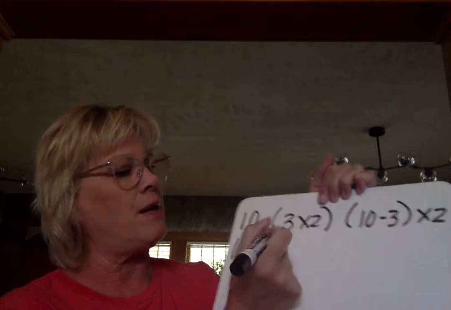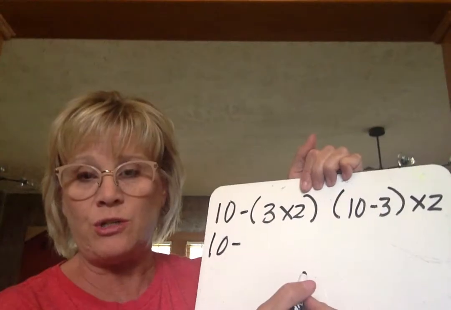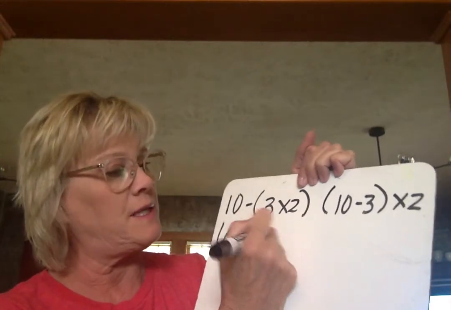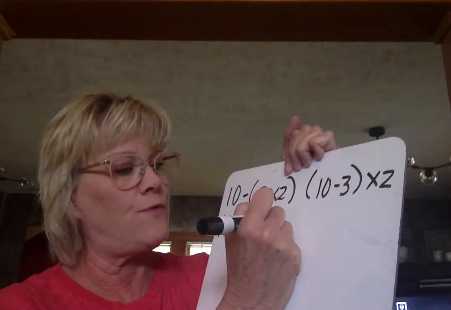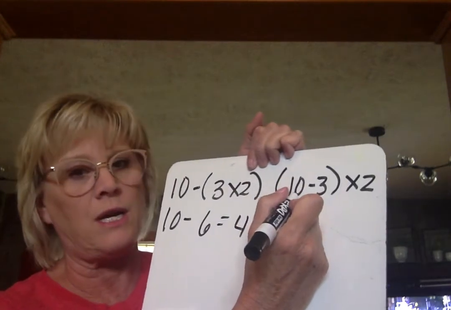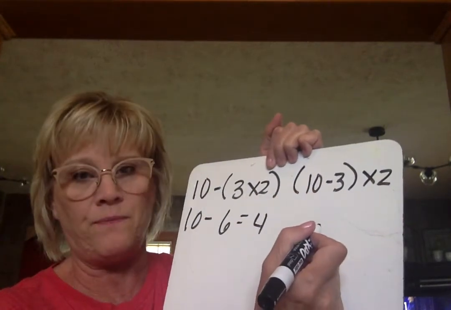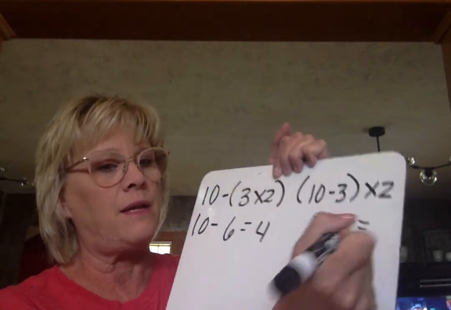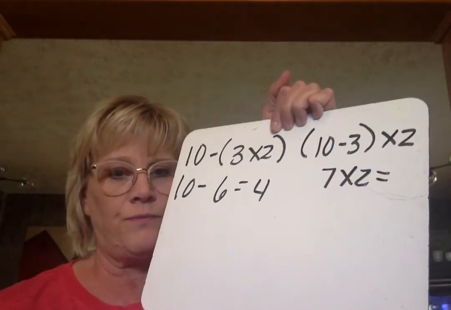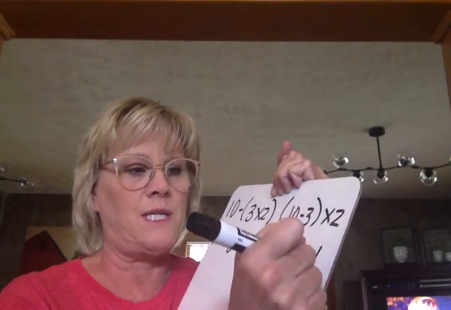All right, let's work the part in parentheses first. We'll put 10 minus, what's 3 times 2? 6. What's 10 minus 6? 4. Now over here, 10 minus 3? 7. And 7 times 2? 14. All right, now